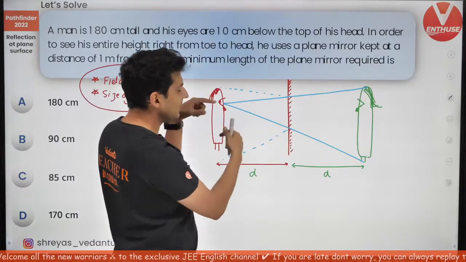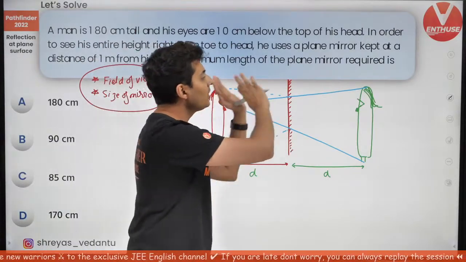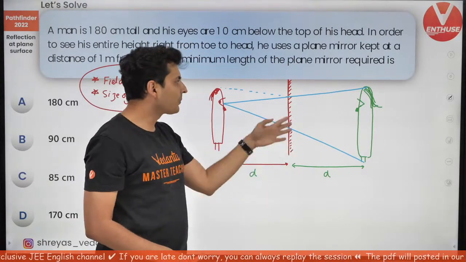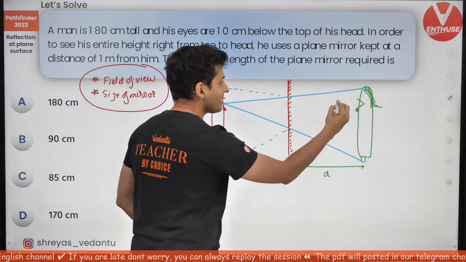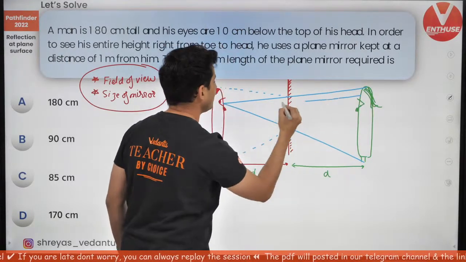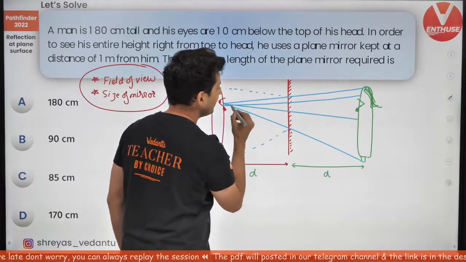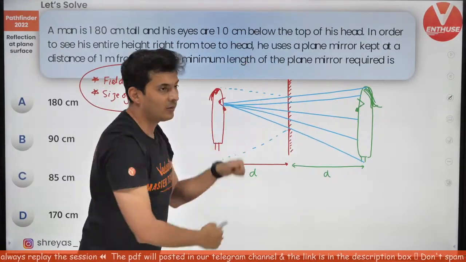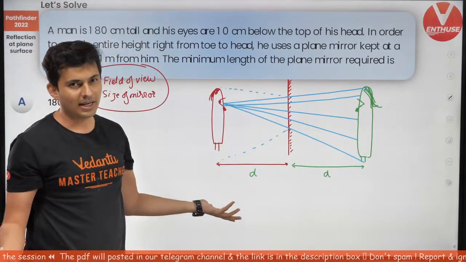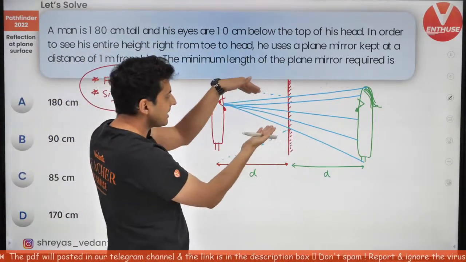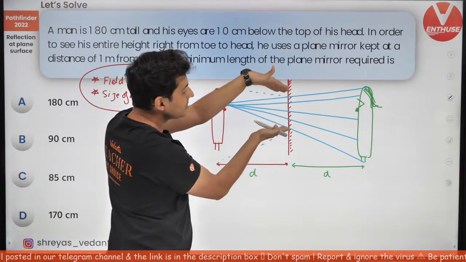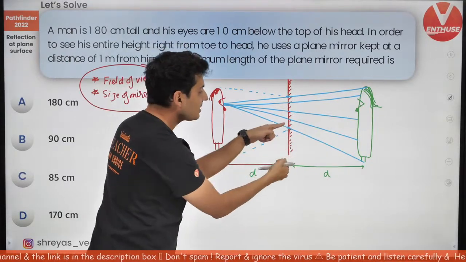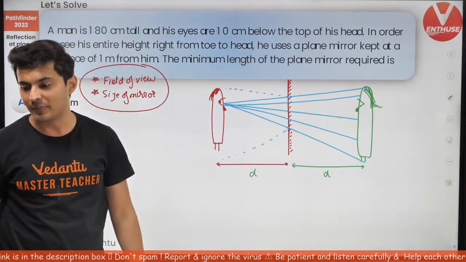Instead of showing those reflections and confusing you, I am only showing you the image, forgetting that there is a mirror. And now think, all the other body parts will be passing through this much region. Is this part or this part of the mirror even useful? No, right? Because all the rays are passing only through this much region. So you only need this extreme point and this extreme point. This part and this part is useless completely.